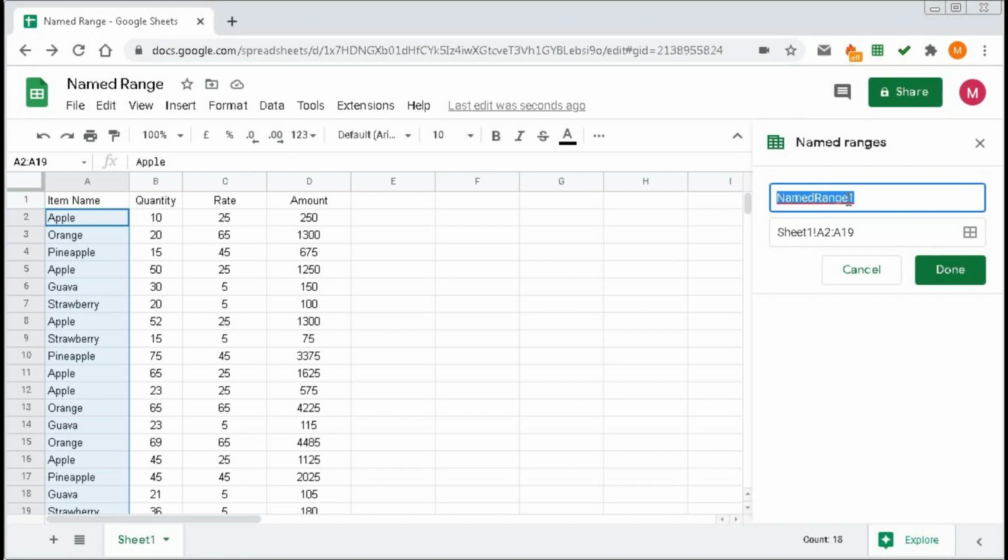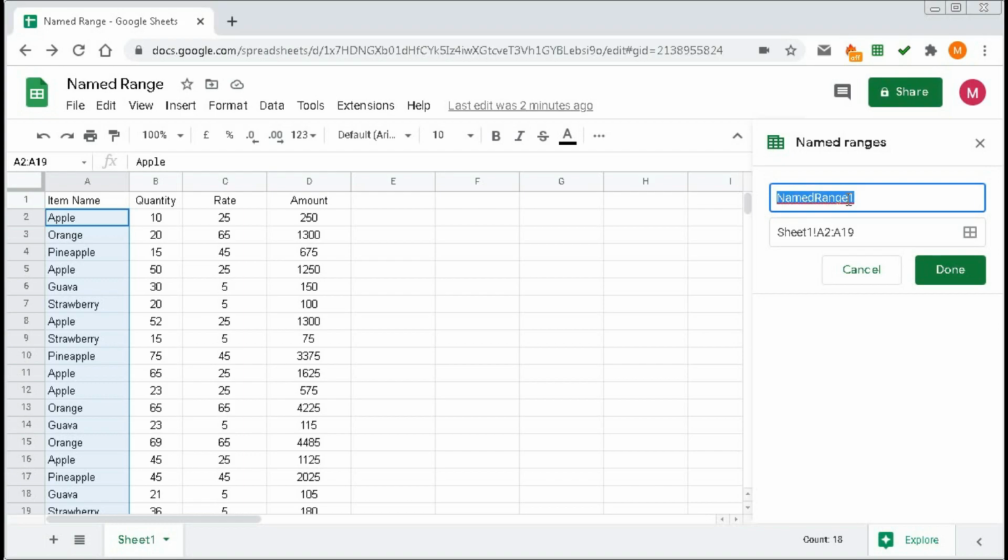You cannot use any special characters. You cannot use a number as the first character, and you cannot use any name that has already been assigned like A1, A2, B1, B2. In this way, you cannot use any names.